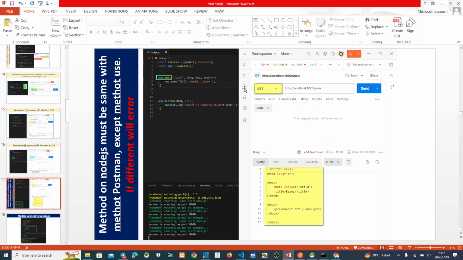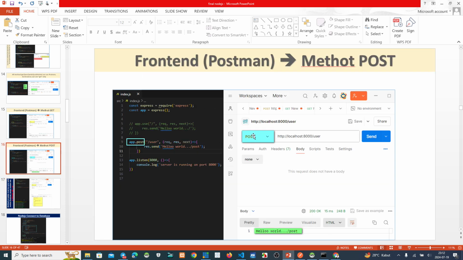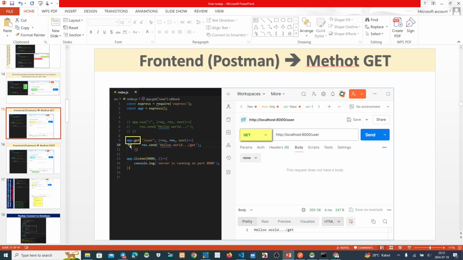If you use different ones, this is post, this is a get, the result is an error. So if you use post on the front end, you can see the result. And another example, if you use get on the back end, on the front end you must use the get method. Send this one, you can see the result.